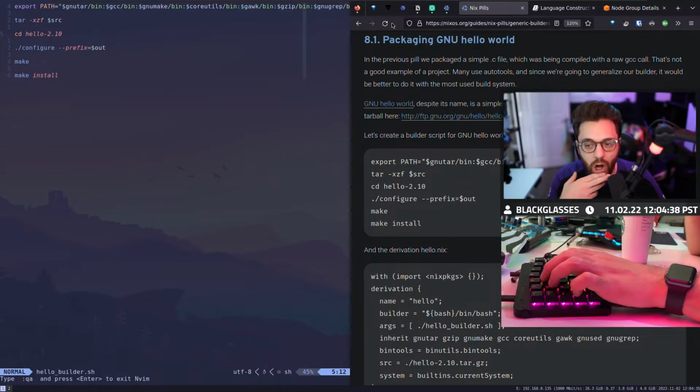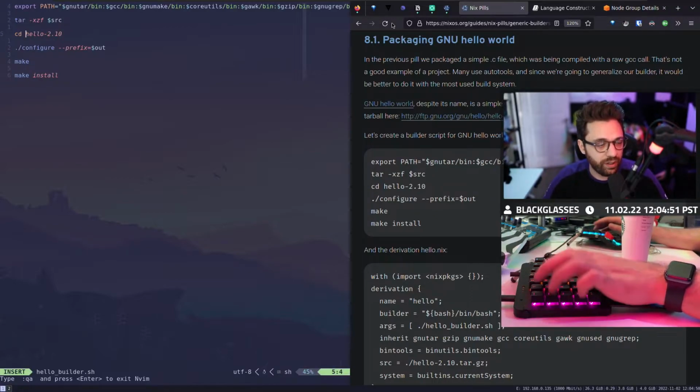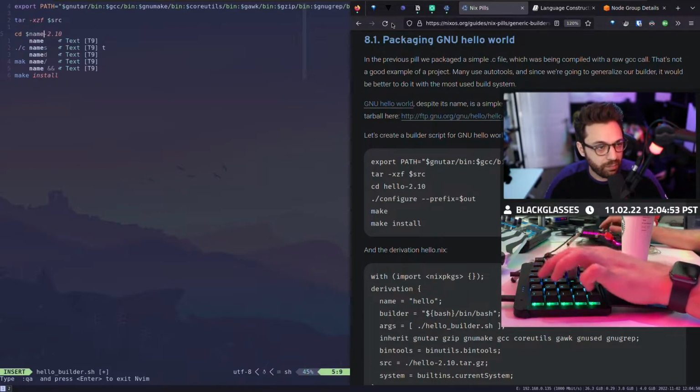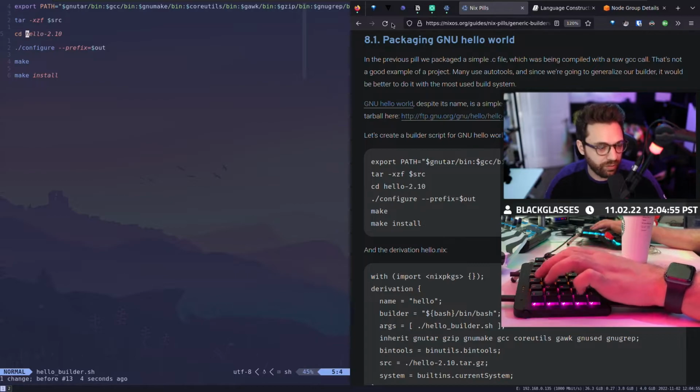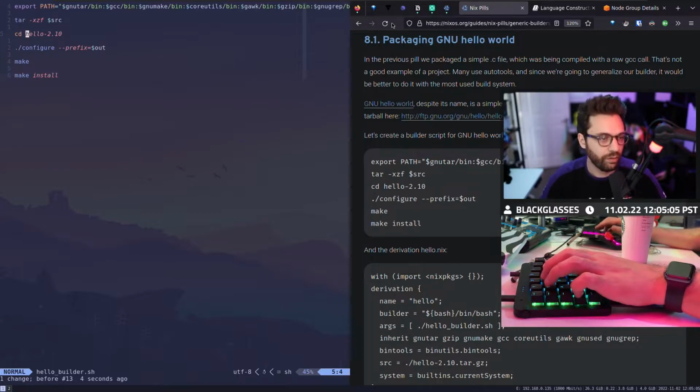Now, honestly, this builder would only work for hello version 2.1.0, right? If I tried using a different version or anything like that, this would fail. There's also other ways we could do this, right, where we could say name, right, and then we provided a name of some sort. But what I'm trying to say is it's up to you on the flexibility of this. But this is just the thing that's going to build your software and then put it in the store for you, right? That's basically what we're doing.